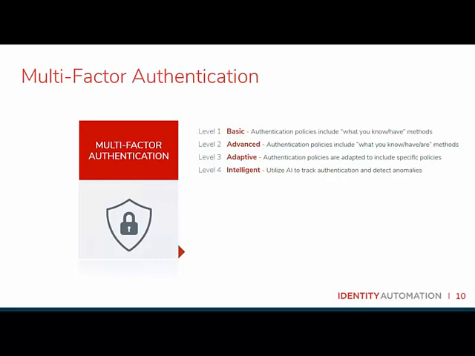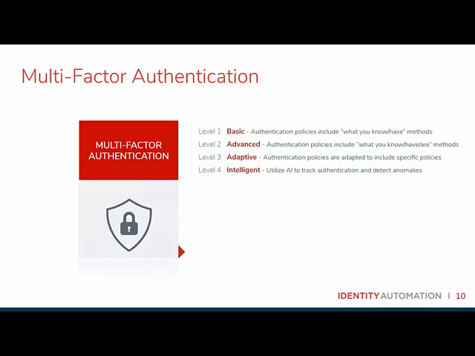As we look at level 1, this is where we introduce at least 2 factors. In this particular level it is something that you know and something you have. So if we're thinking about that, something you know might be a password or a PIN, and something you have might be a phone, it might be a token, it might be an RFID card or something of that nature. When we get to level 2, this is where we really start to look at multi-factor for the authentication policy. So we're looking at something you know, something you have, and something you are. That's something like a password or a PIN, an RFID card or a token, and something like facial recognition or a fingerprint.